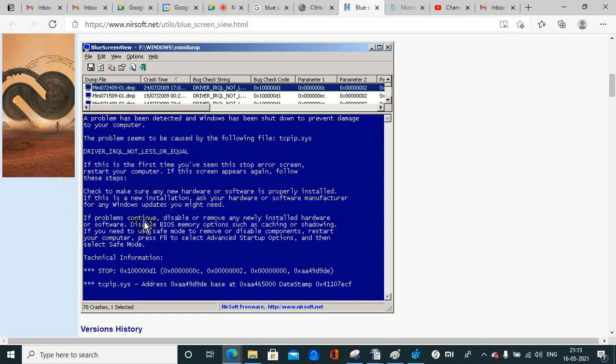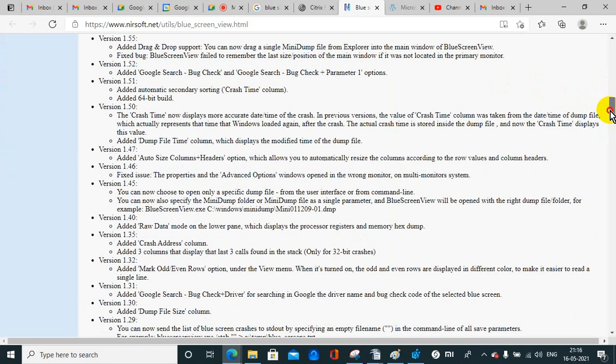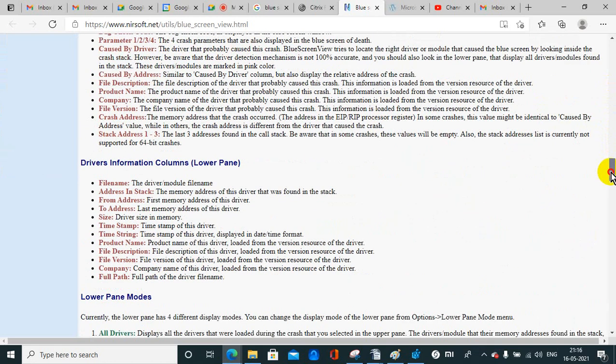It could be a hardware issue, or any driver which you installed on the laptop, desktop or server, through an application, or through excess use of RAM or CPU. Okay, yes. So these are the things.